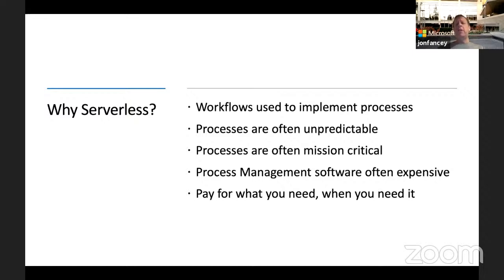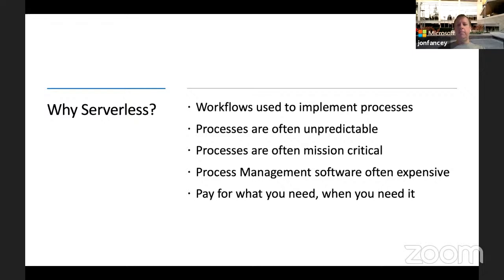The other aspect of this is a lot of processes are often mission critical, right? They're business critical as well. So there could be financial or reputational loss as a consequence of your e-commerce site not being available, or some other aspect of your business being down. So again, by taking the effort away from having to manage the business processes, and the traditional way was to use business process management software, BPMS, which is often expensive. Combining these things together gives you a lot of reliability and predictability around the things that you're implementing,